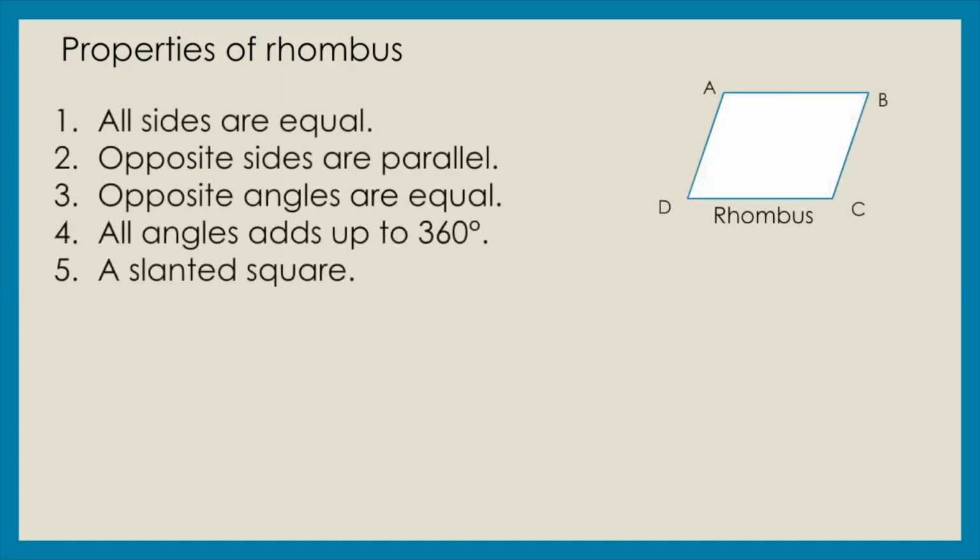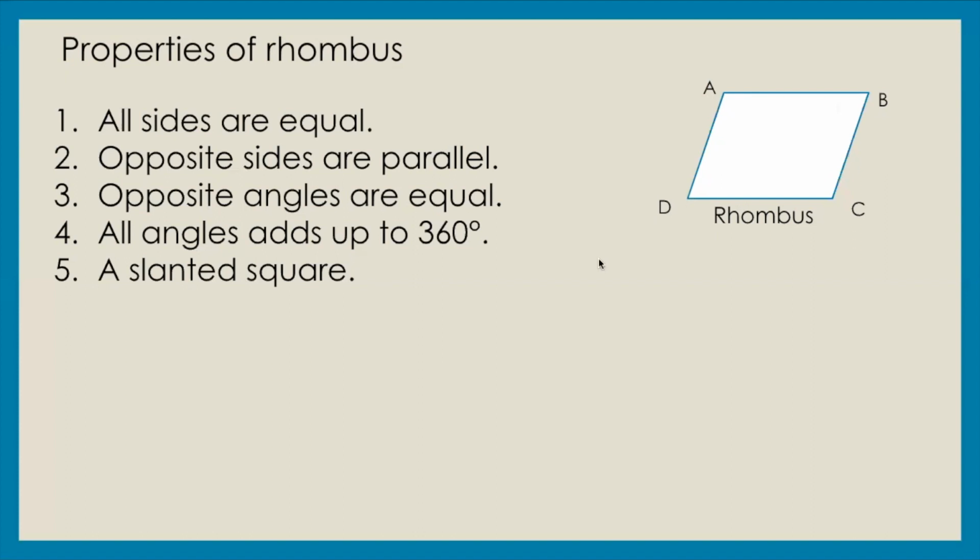First of all, let's look at some properties of rhombus. A rhombus has all sides equal, opposite sides are parallel, opposite angles are equal, and all angles add up to 360 degrees. It looks like a slanted square. If you look here, it is like compressed a little bit from the two corners. The opposite sides are parallel. If you add all the angles, angle A plus angle B plus angle C plus angle D will give you